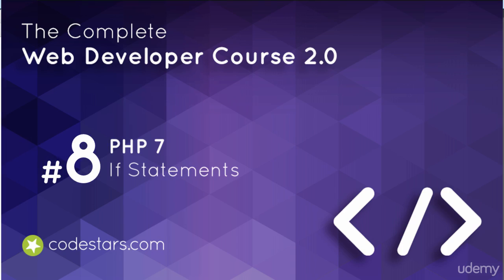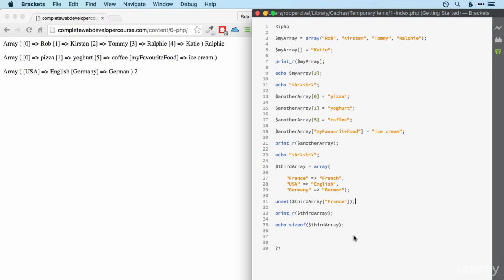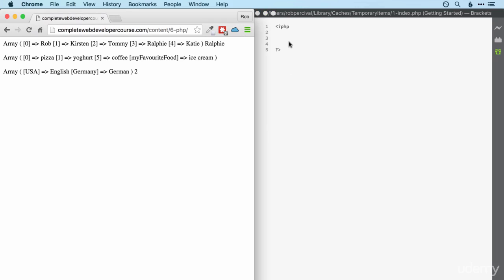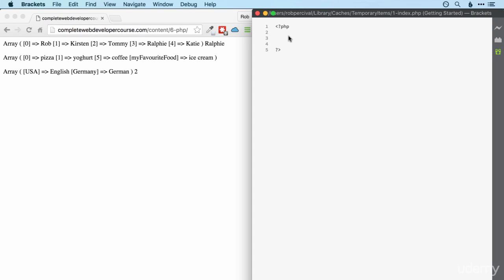Now we've seen if statements before in the JavaScript section of the course, so I won't labour them too much here, but there are some slight differences in PHP which we'll look at right now. So in PHP, to run an if statement, as I say, it's pretty similar to JavaScript. We start off with if, and we put the statement that we want to check whether or not it's true in brackets, and then we put our code that we want to happen if it is true in curly brackets,